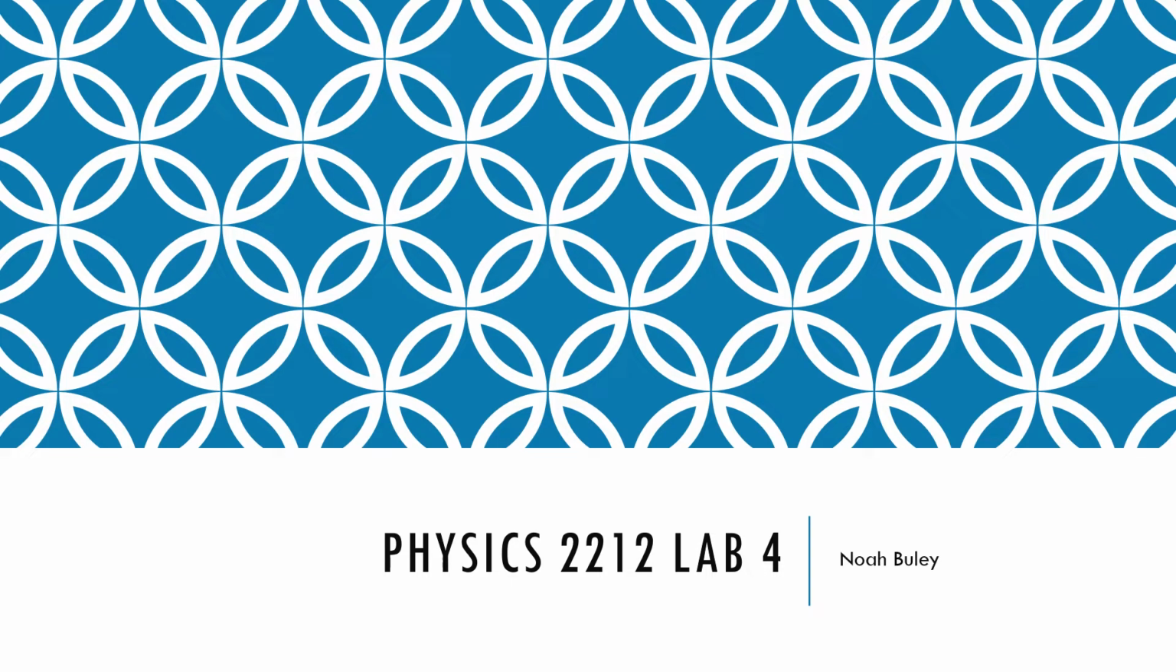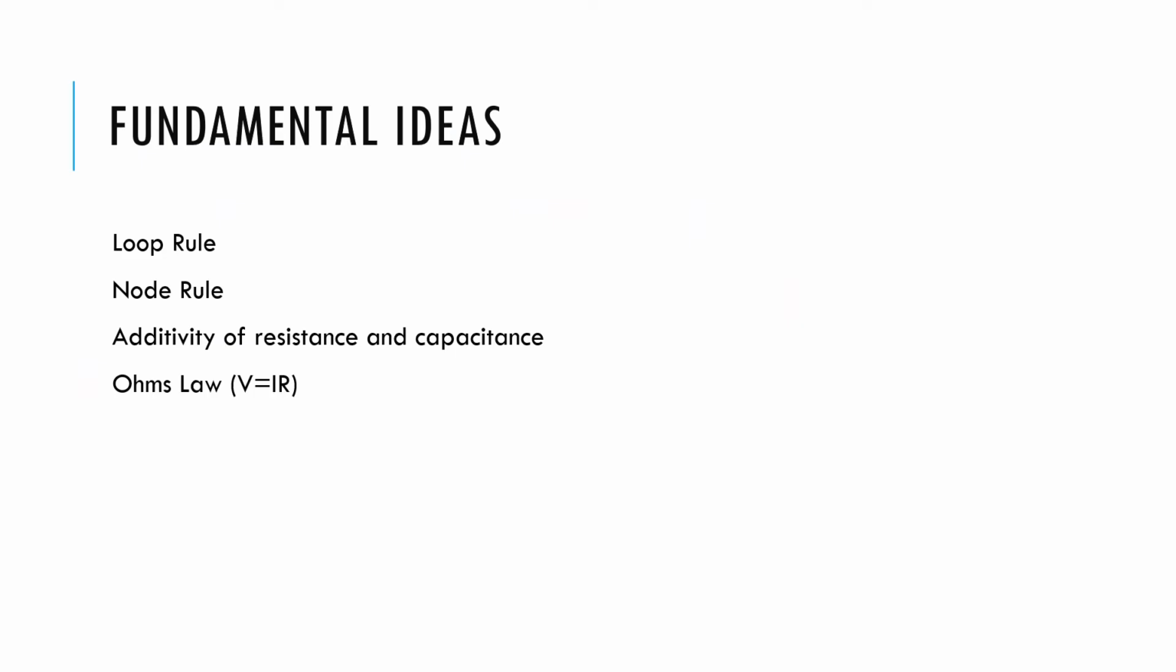This is my video for Physics Lab 4 for 2212. Fundamental ideas for this lab, which dealt with RC circuits and simple circuits, include the loop rule, the node rule, the additivity of resistance and capacitance based on if they're in series or in parallel, and Ohm's law, V equals IR. Loop rule referring to the idea that if you make it all the way around a circuit